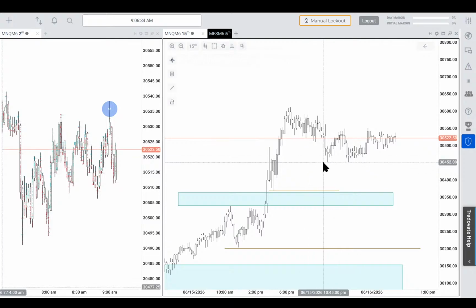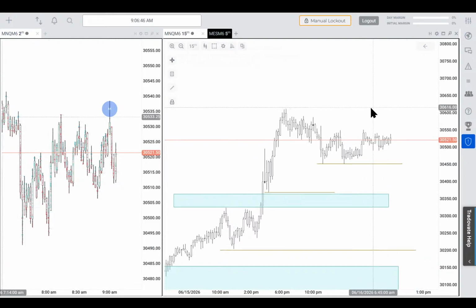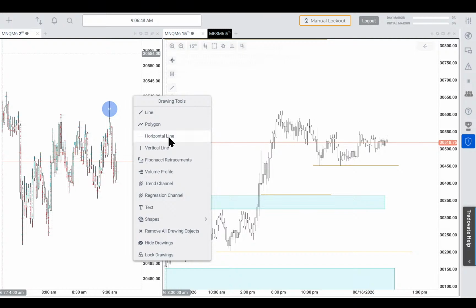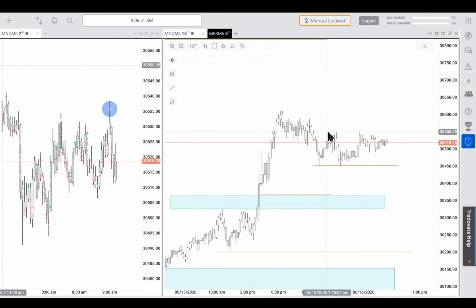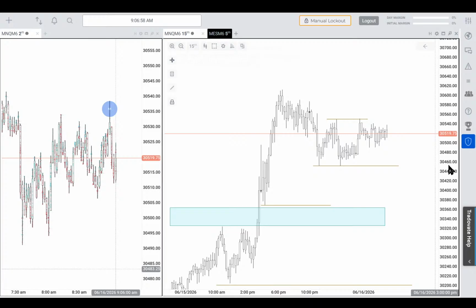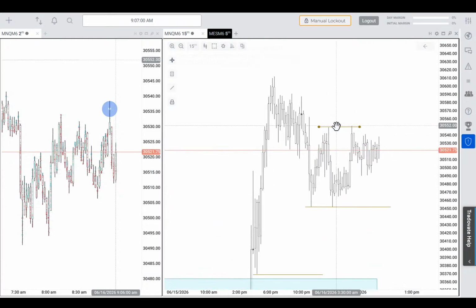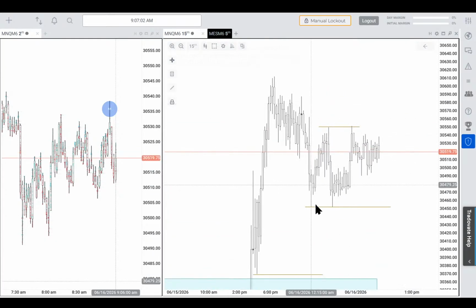Right, and then we have this double to here, and we didn't go higher, so we would have to extend this out, and we also have this because we turned there. We might have swept this thing, but yeah, wait, let's zoom in and find out, right? So we swept it, so it's not interesting anymore. But because this is a double and we really fell down, we can step one back here.